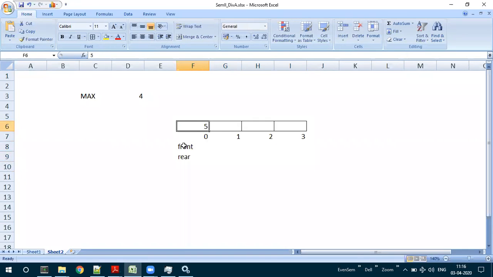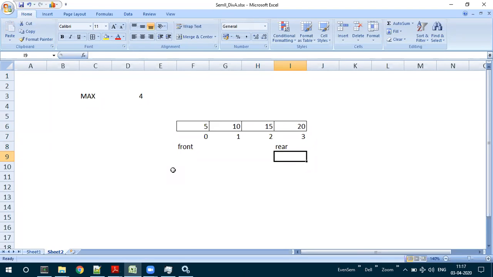Correct. Next time when we try to insert another element, what will be done? Rear will be taken to the next position. 10 will be inserted. Then next time if you want to insert one more element, rear has to be moved to the next position. Then 15 has to be inserted. Then the next time when I want to insert one more element, this rear has to be incremented and 20 has to be inserted. This is the tracing of the program from the first element to the last element. Is this process understood?